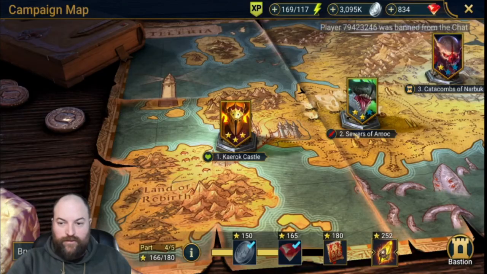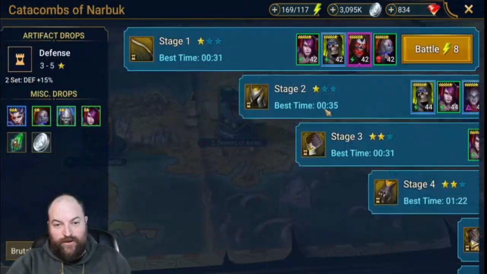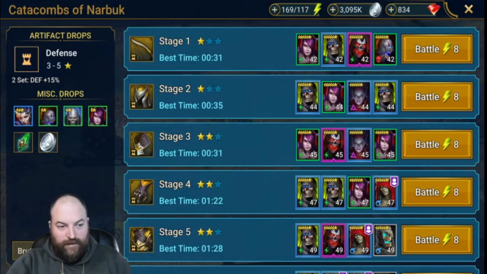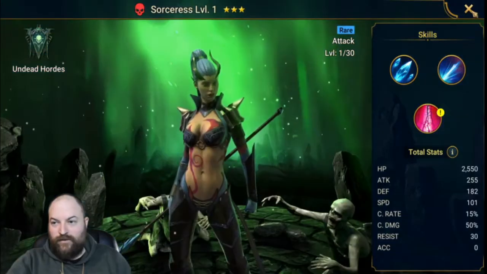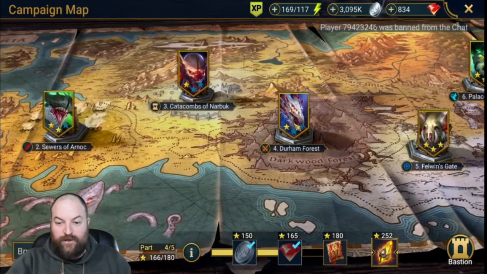Now, the third one, there's no one from here. They're not worth taking. No one from the 3rd level. Some people like to run Sorceress. I don't think she's any good. When we come to the Durham Forest,